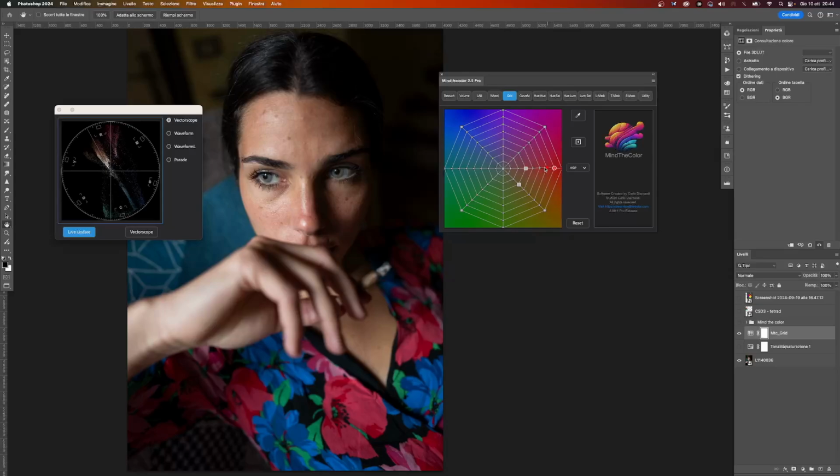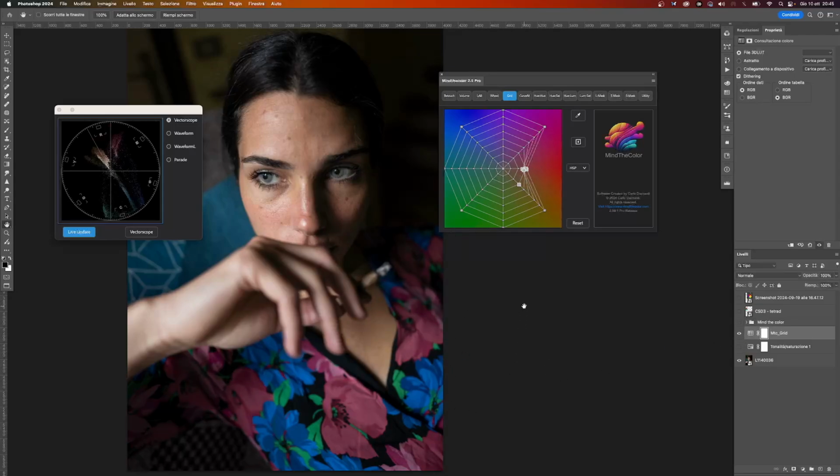So I take these 3 points and I bring them towards the center. One here, and the other one here. This is the before and after. Basically, only the red flowers are desaturated. The skin tone remained almost totally intact. I can work again on it if I want to be more precise, but this is the magic.